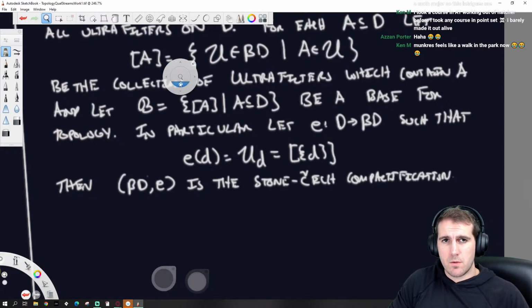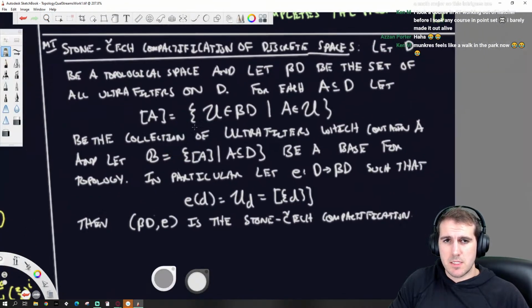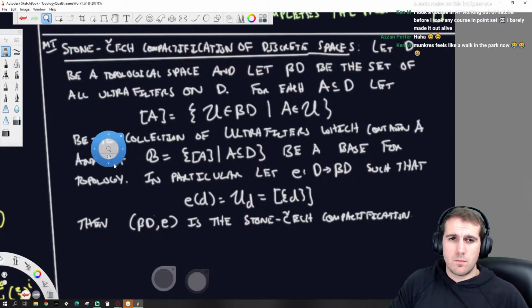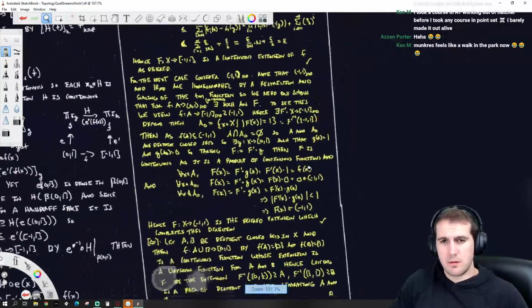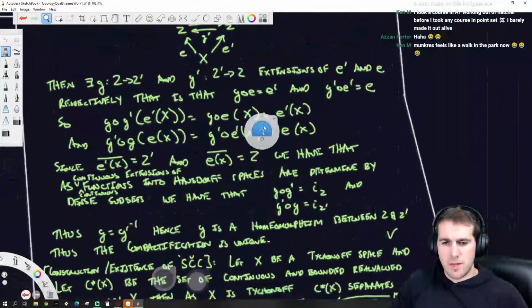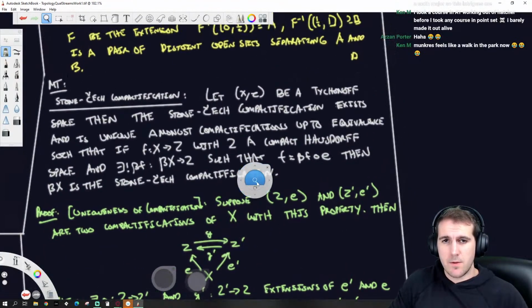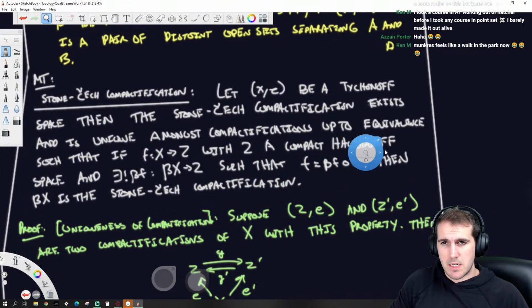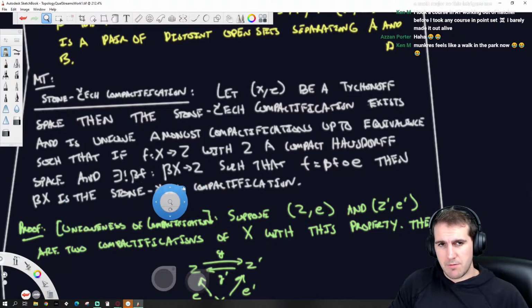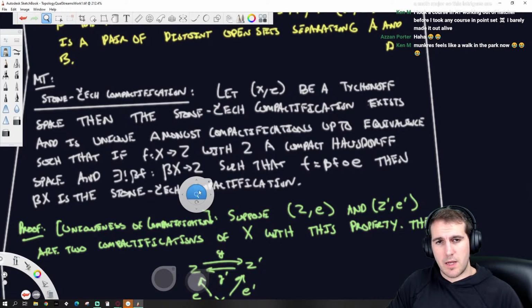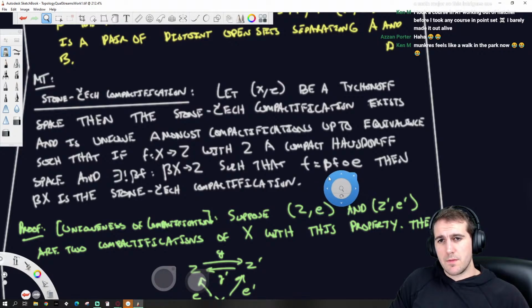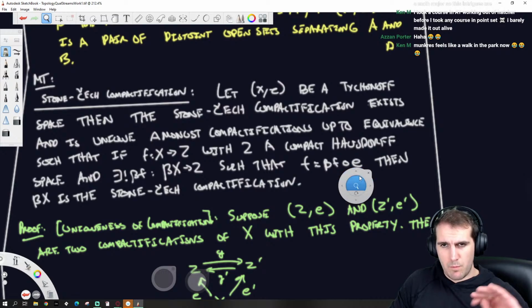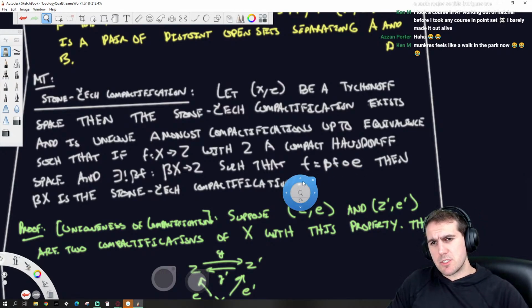So there's a few things to show in order to show that this is actually the Stone-Čech Compactification. And I can go over to this other version of it, which is way down here. Okay, so the Stone-Čech Compactification has this extension property, which is that for every function into a compact Hausdorff space, there exists a unique beta f from the Stone-Čech Compactification to the compact Hausdorff space, such that when you compose the Stone-Čech map of the function with the embedding of the space map, you get the original function.